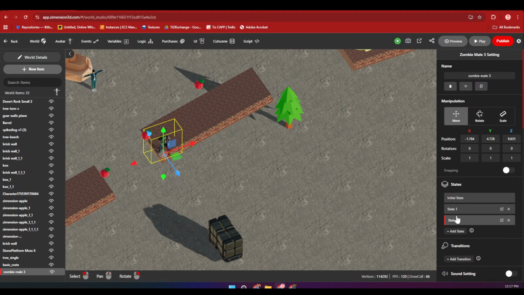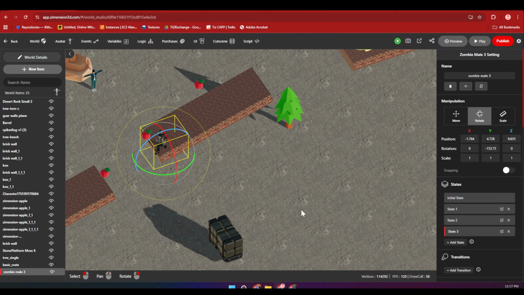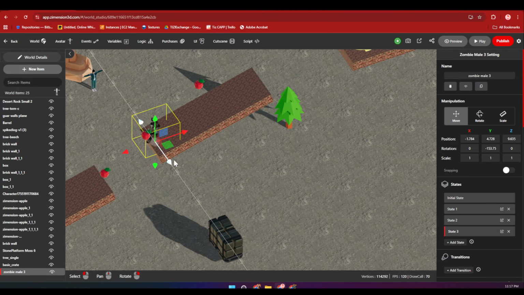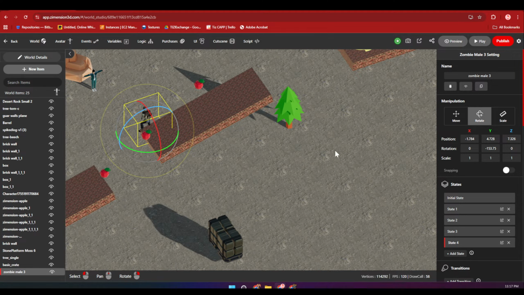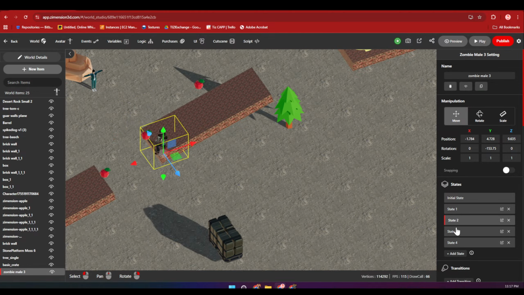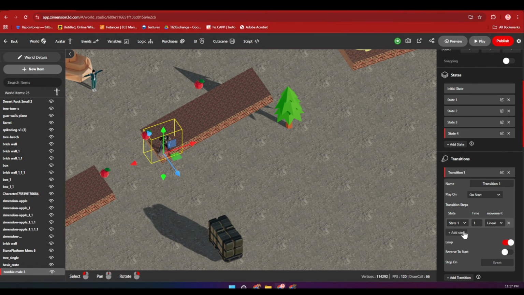then I will add another state. This time I will make him turn like this, and then another state. In this I will make him go here, and in another state I will make him turn back. Okay, so state 1, state 2, state 3, state 4, state 5, and we can loop in transition.